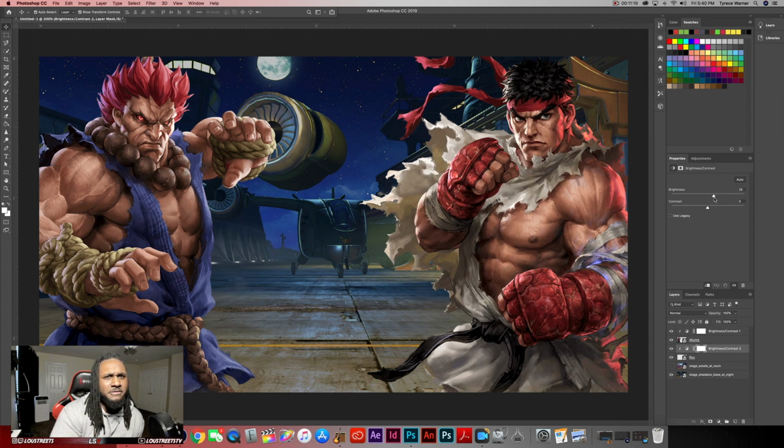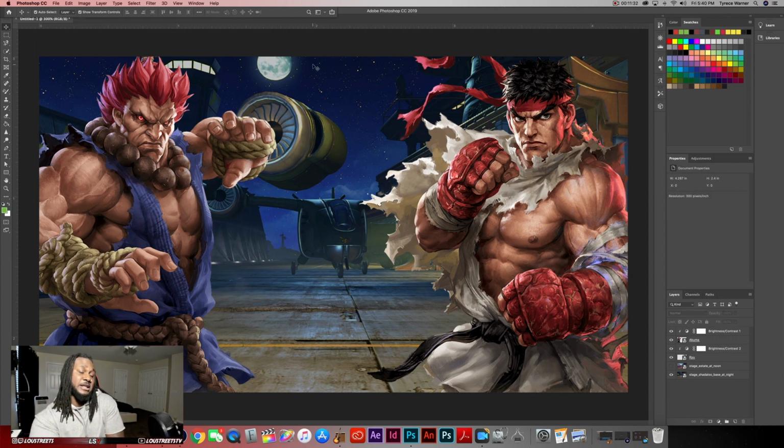I put Akuma at 35. Ryu seems naturally a little bit brighter, so we going, well, that's about 35 right there. We're gonna put him about 34-ish. So now look at this. Now we have a base foundation. So now the only thing that we gotta do,